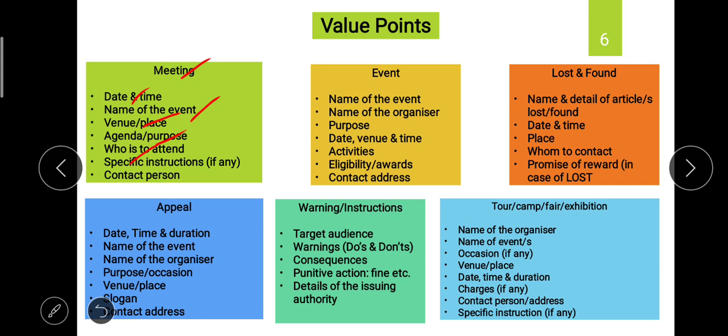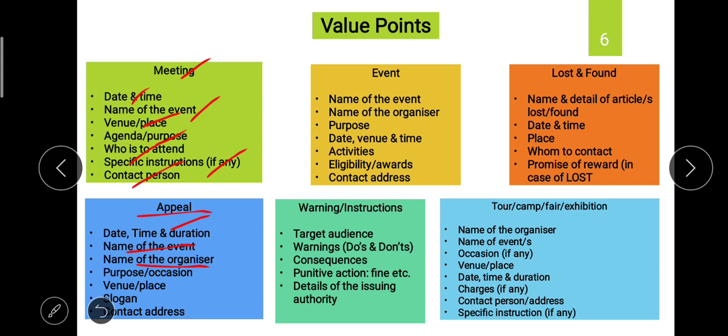Then specific instructions, if any are given. Suppose in a meeting the people must come in a proper dress code, so that must be mentioned over there. And the contact person: for further detail, whom to contact, we must make a mention of the name of that person. Then if we want to make some appeal, then date, time and duration, name of